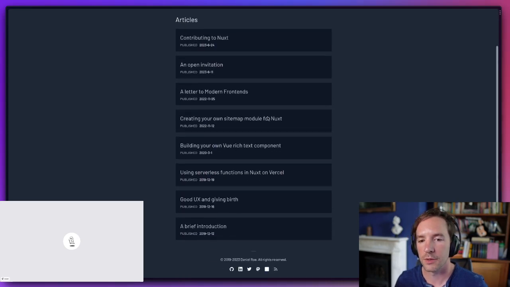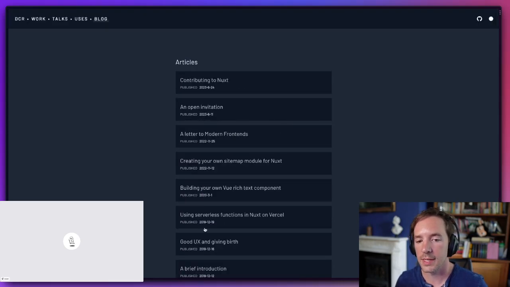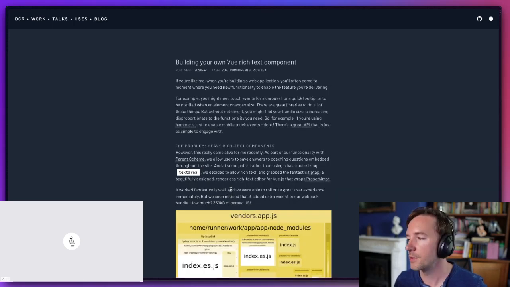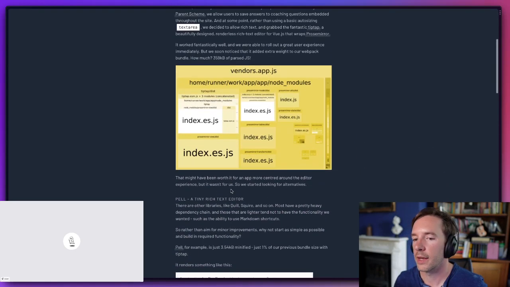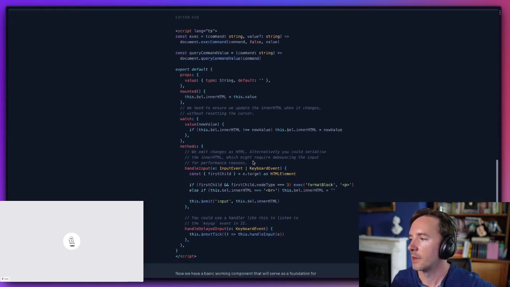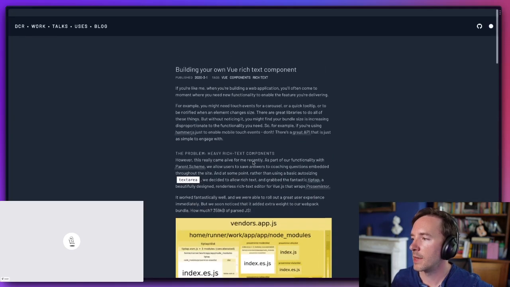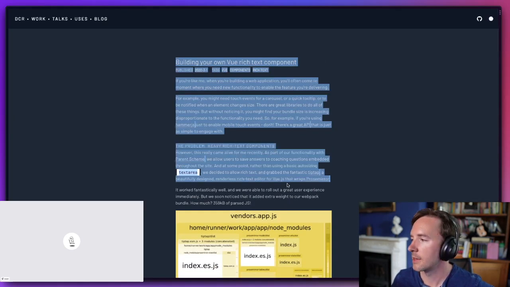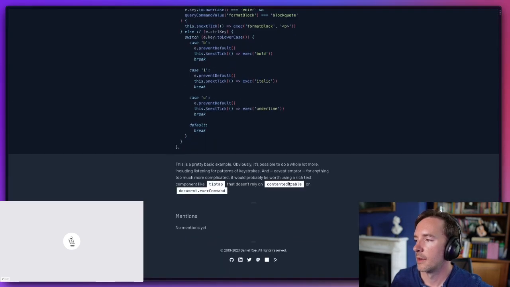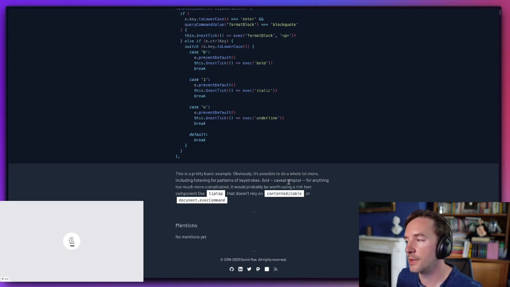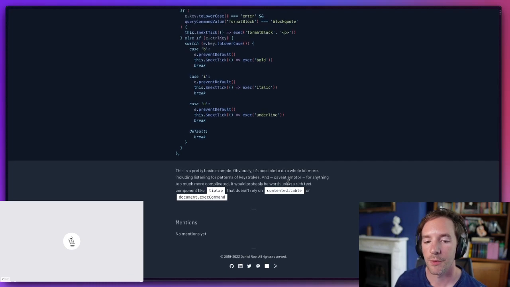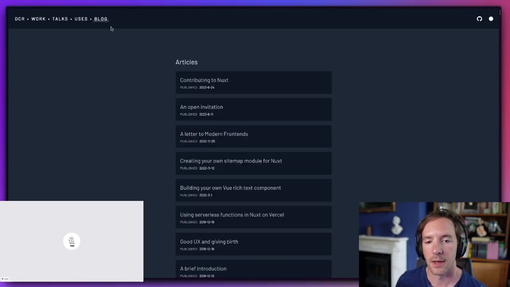Like these articles do not, so this articles list is a server component. And then the articles themselves are server components. So this doesn't need to be interactive. And I don't see any reason why the text needs to be in the JavaScript bundle. Well, to be fair, the cost is almost nil. The cost to the end user is very little, but at the same time, I prefer this to be not in the client bundle.